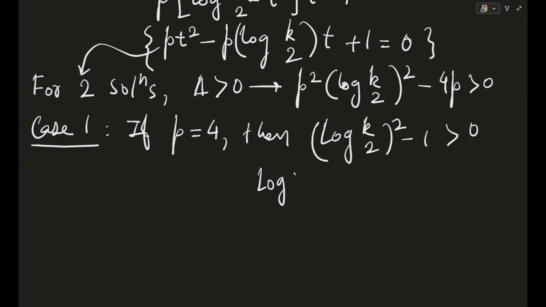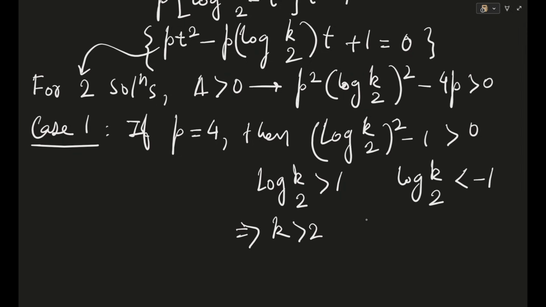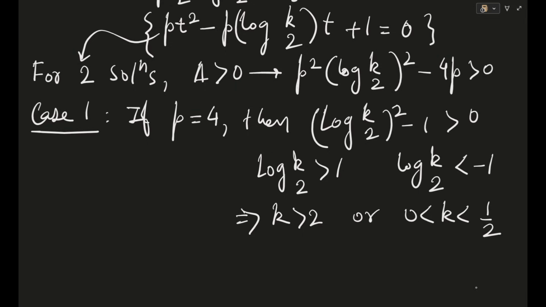So you will either have log k base 2 greater than 1, or you will have log k base 2 less than minus 1, which means either you will have k greater than 2, or you will have 0 less than k less than half, right? That's the first case. Moving on to case number 2,